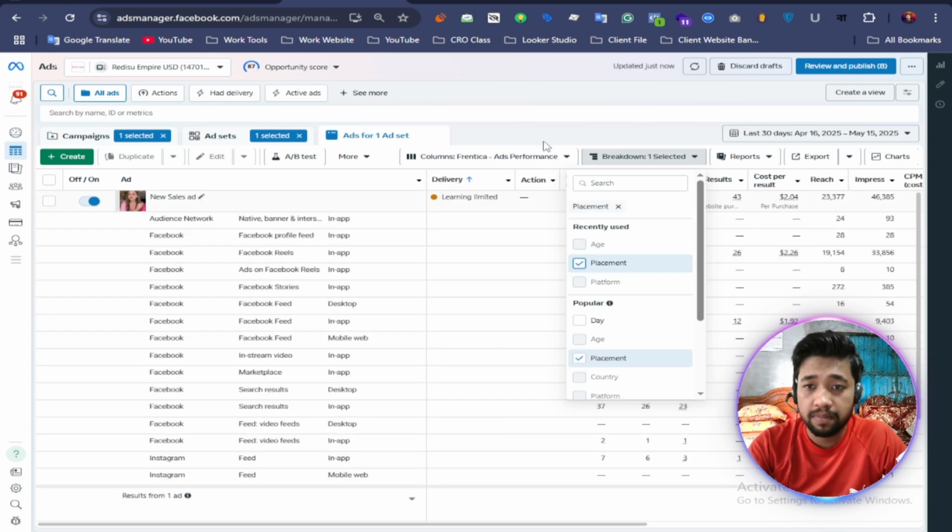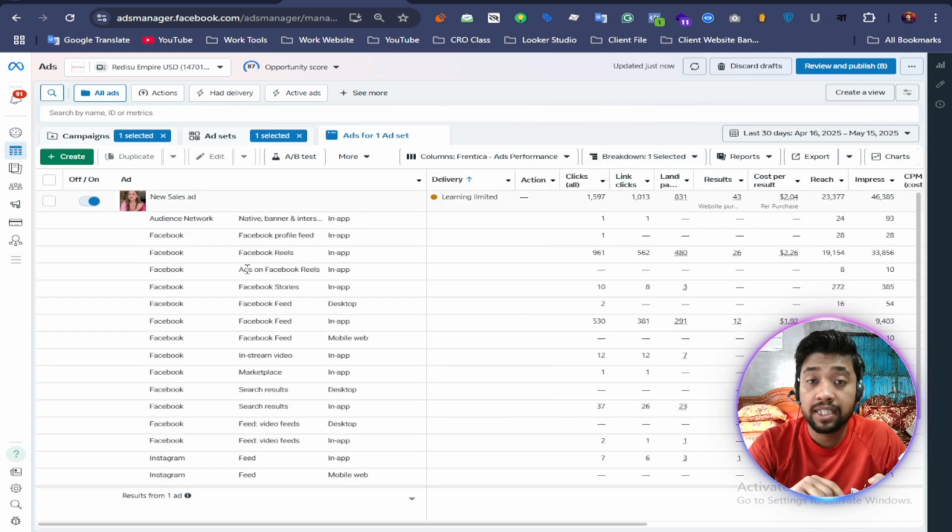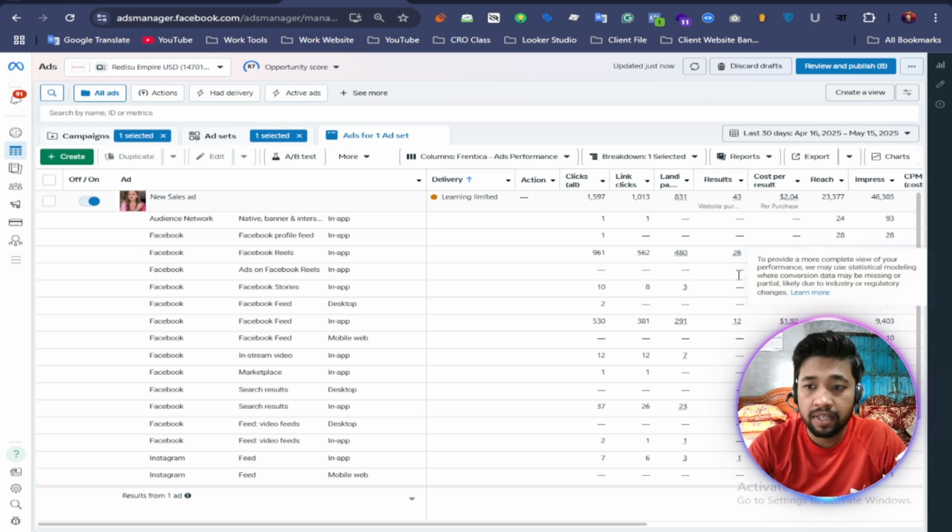Clicking on placement, we can see all placements, like Facebook, Instagram, Messenger, and Audience Network. The Audience Network has no results here. Most results come from Facebook Reels, the in-app mobile version, with 26 results, and the Facebook feed with 12 results.